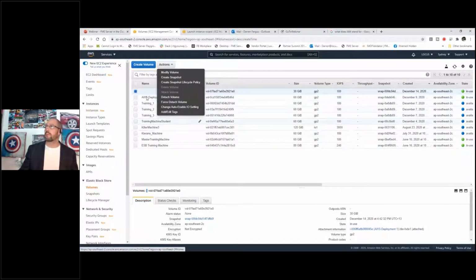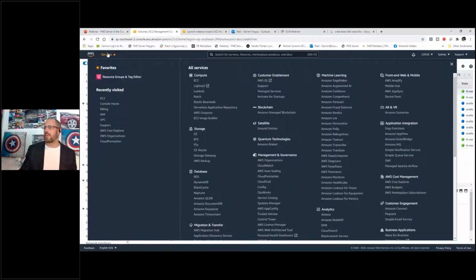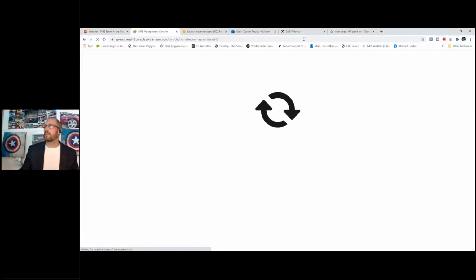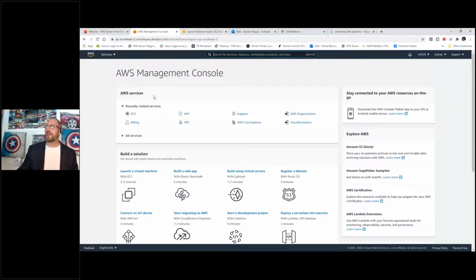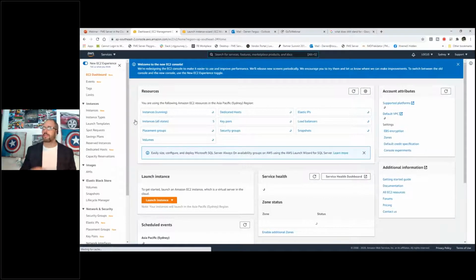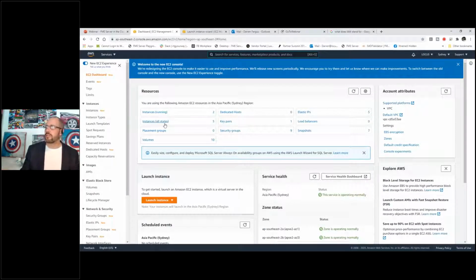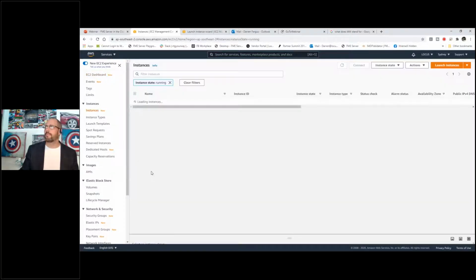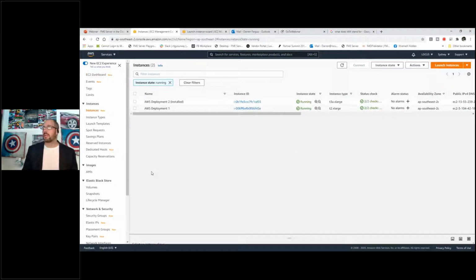So back into our services console. If we went to Services, we can click on EC2. If we started from scratch, let's just do that for you. If you get a bit lost, back to the management console, select EC2. Here we go. So here's all our machines, and you can see instances, all states, instances running. I want to see the ones that are running. There we go. I've got AWS deployment 1 and AWS 2 installed, just so that I know